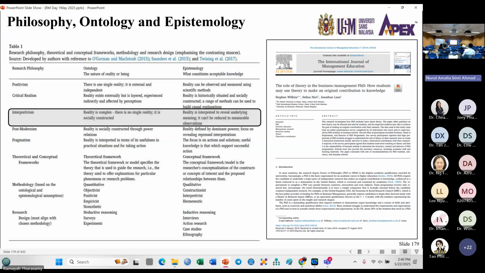So here we are saying that it's multiple realities and the reality is complex. It must also be tied to your own context. Here the epistemology is that not everything can be measured. Some need to be observed. So in qualitative research we have